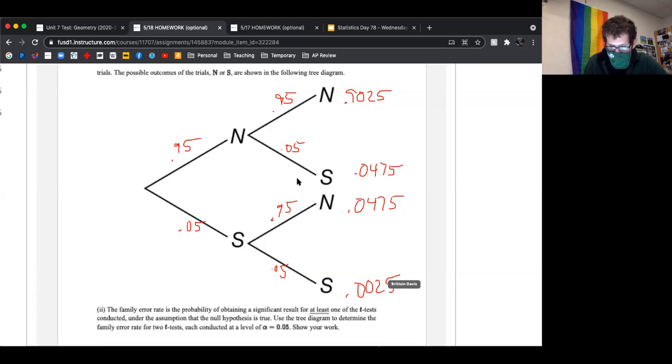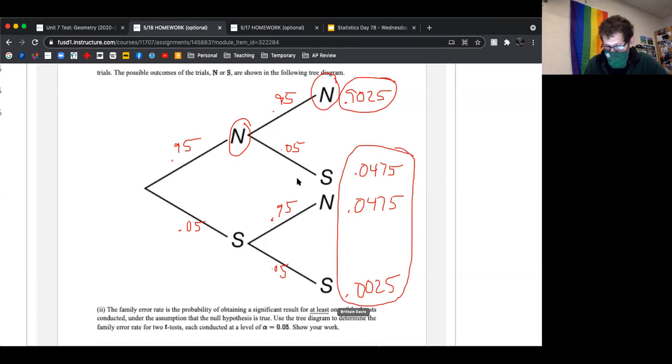All right. The only result that is good, assuming that the null hypothesis is correct, is the one where we don't reject it. This is the only outcome where we have never rejected the null hypothesis. It was not significant and it was not significant. So therefore we failed to reject the null, and that's exactly what we wanted to have happen. So these 3 represent any type 1 error that ever occurred in the process. So when we add that up, of course, we're going to get